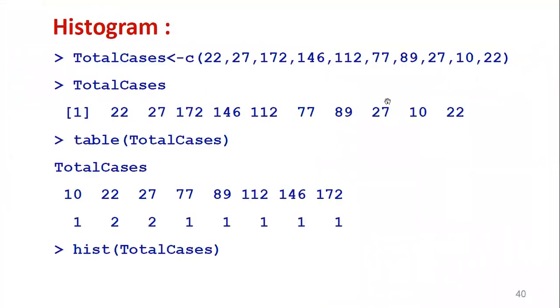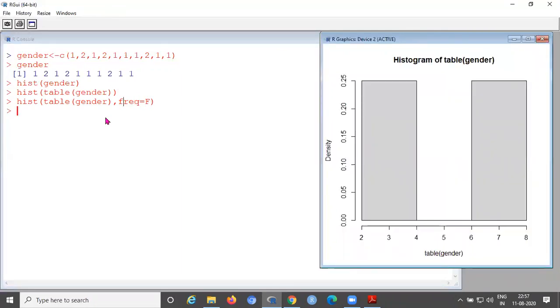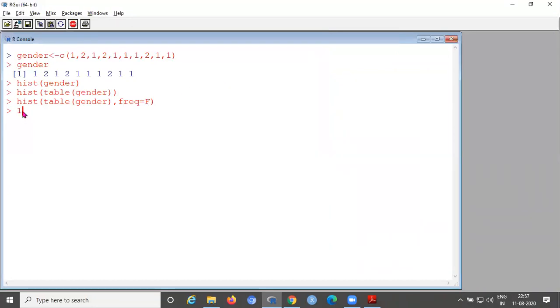Then if you want relative frequency, as we mentioned, here freq equal to FALSE. Now see the difference: 0.001, after the decimal 2 digits. Then freq equal to TRUE again displays the same as the previous one.